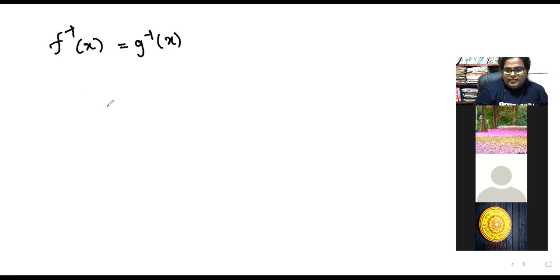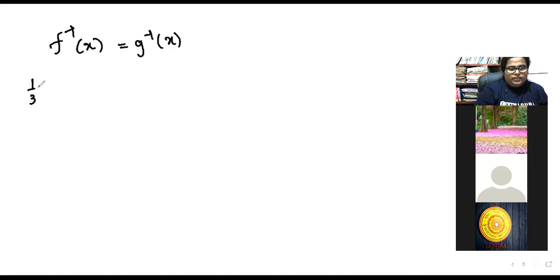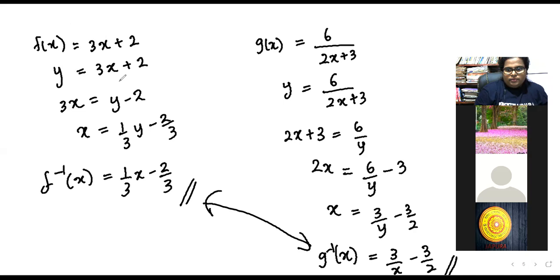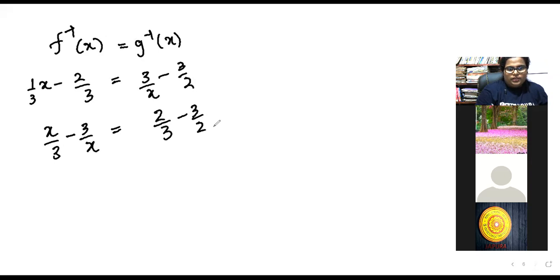So f inverse x is 1/3 x minus 2 over 3, and our g(x) function is 3 over x minus 3 over 2. Here you have to take all x terms together and all constants to one side. So we can take this one as x over 3 minus 3 over x equals 2 over 3 minus 3 over 2. So when you are simplifying this one,